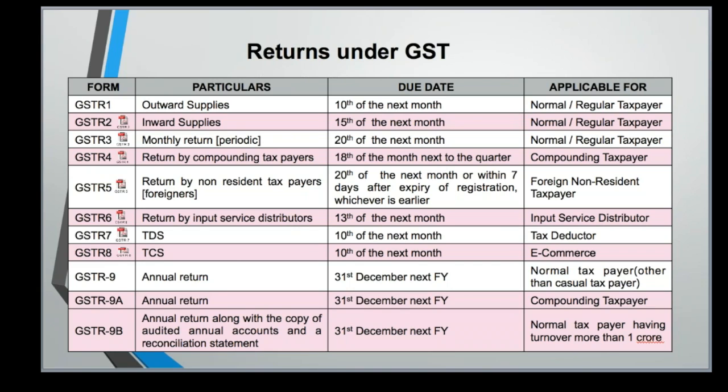If your aggregate turnover of the previous year is less than 75 lakh, then in the current year, for the first 75 lakh of turnover, you need to pay tax only at 1 or 2 percent: 1% for a trader, 2% for a manufacturer, and 5% for certain notified service categories. As soon as you exceed the 75 lakh turnover, you have to suo moto go for a regular dealer. So that is composition per se.